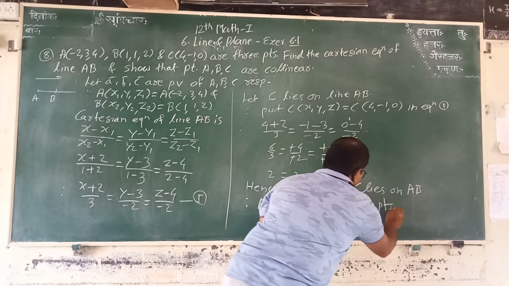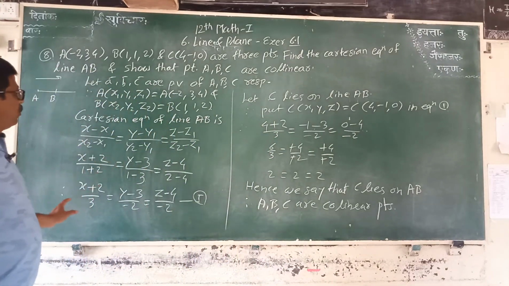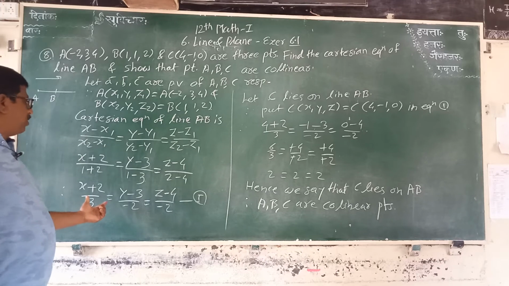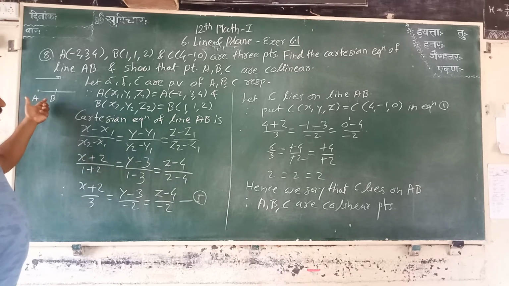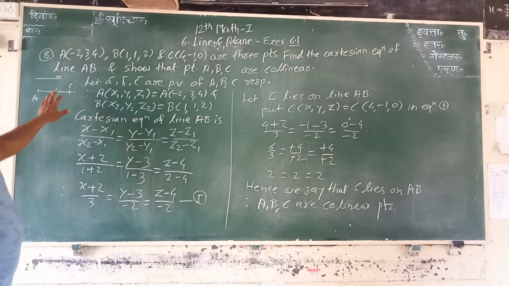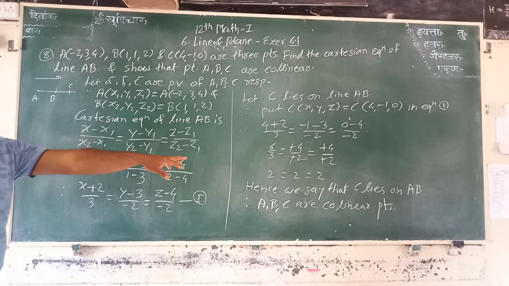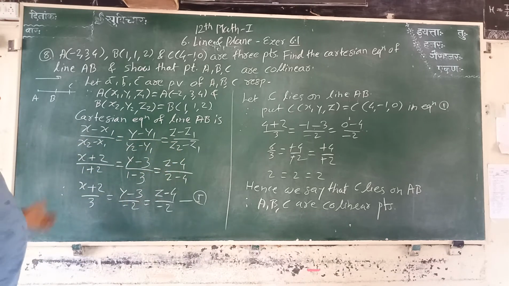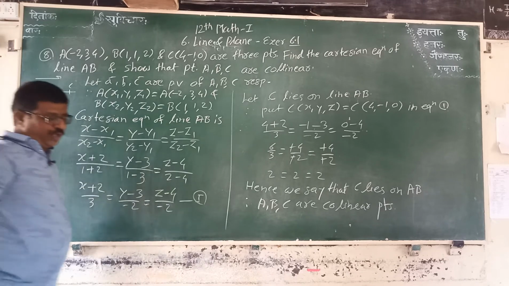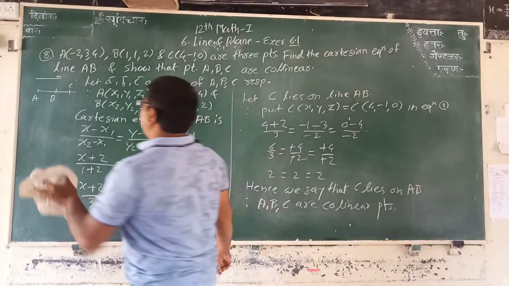points. Here, the question is complete. Very simple question. At first, we find the line AB in Cartesian form, and then C lies on this line; with the help of the points, we put in the values and we get the same lambda. Therefore, we say that these 3 points are collinear. Now, we take the next example, example number 9.